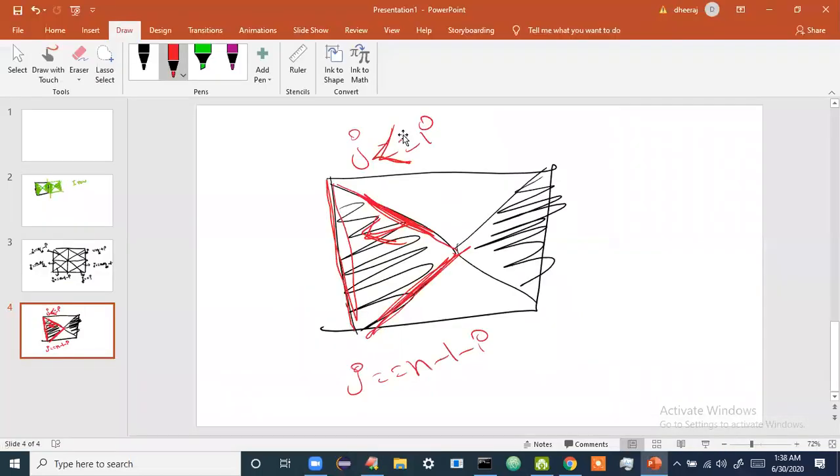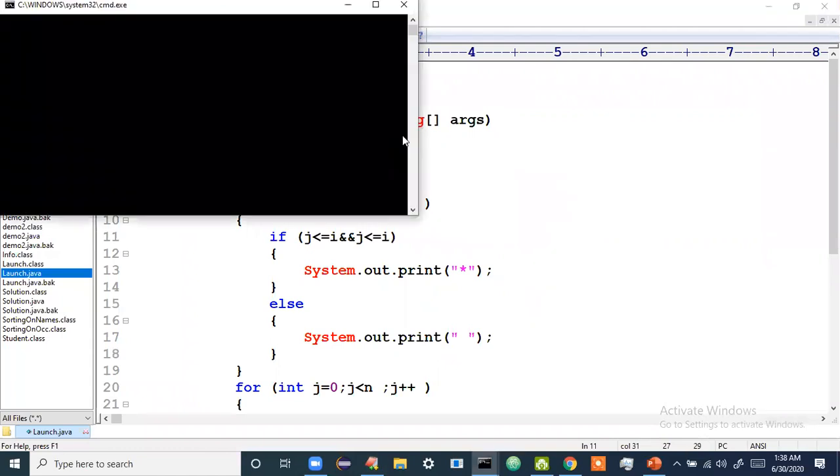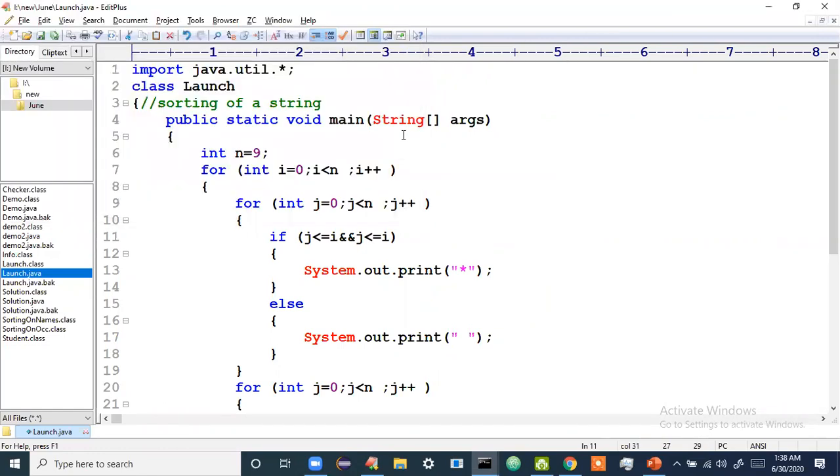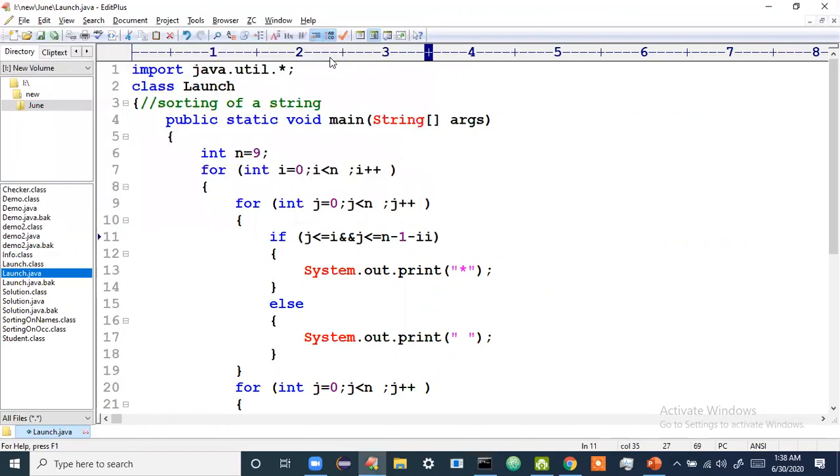According to us, in the second line equation, I have to say from this line, draw the left side. Again, copy this left symbol and paste it here. j is less than or equal to i. Okay, if I compile and execute. Oh, it's not j is less than or equal to i, it's j is less than or equal to n minus 1 minus i that I have written there. Just a minute, let us see the error.